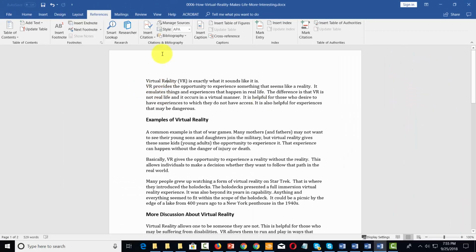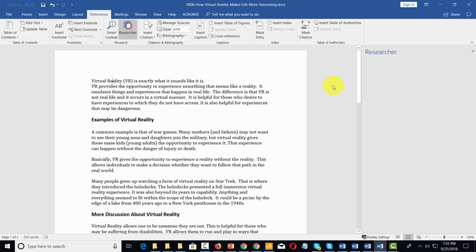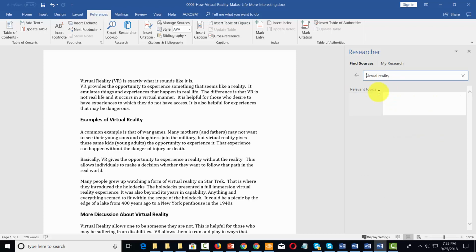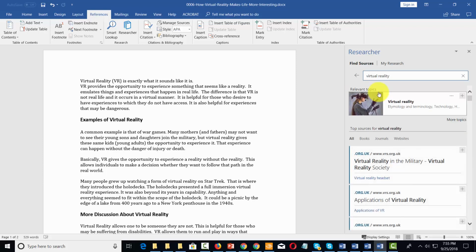What you can also do is use the Researcher tab. Now the Researcher tab will pull open a sidebar. You can write in the term that you'd like to research. You'll then hit Enter. And what the Researcher tab does is it gives you citable sources as well as images that you can place inside of your document with the proper